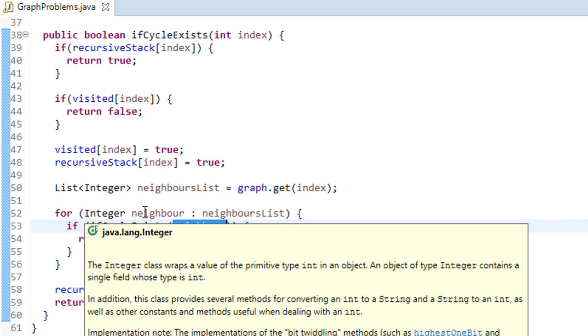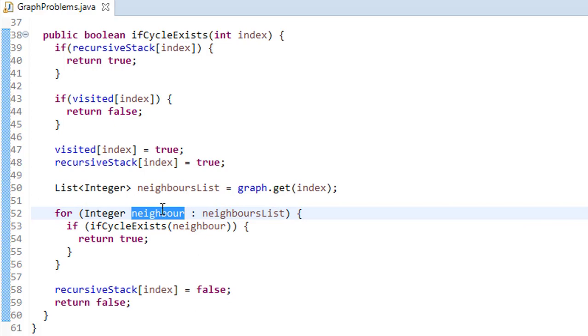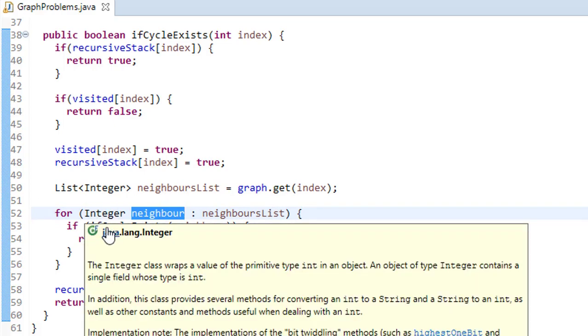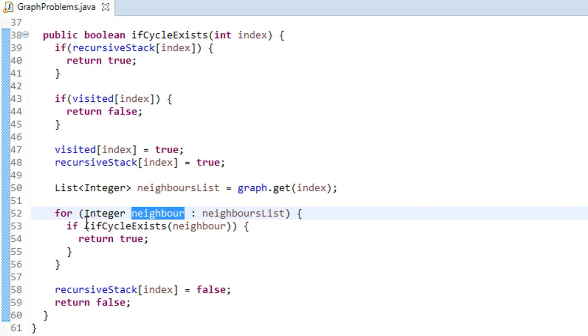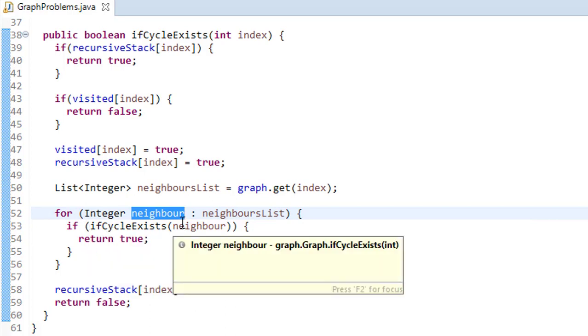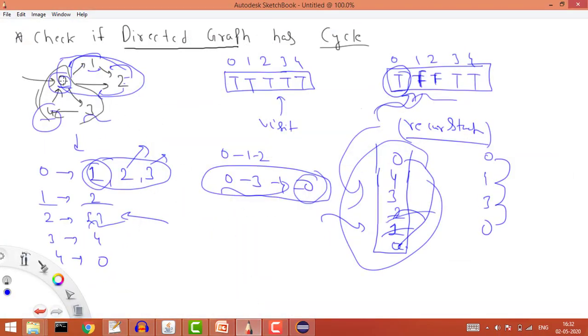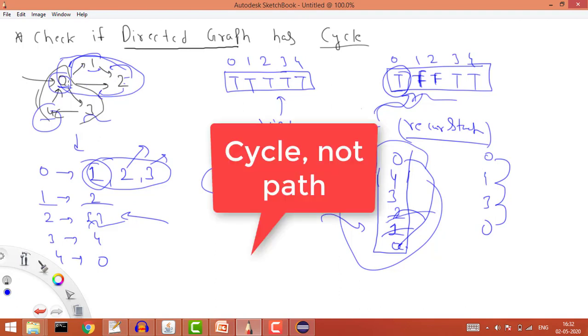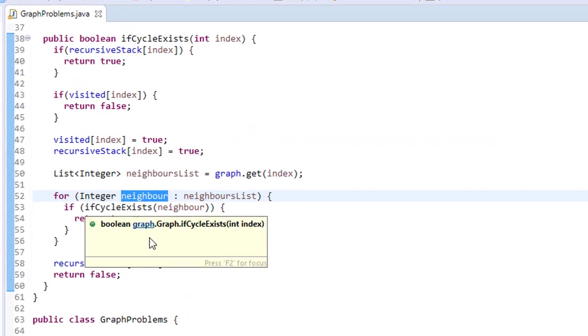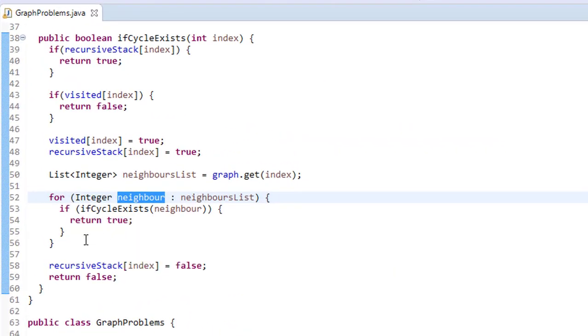So that is why first of all we are checking with the first path, with the first neighbor from 0 to 1. So if there is no cycle from the 0, 1, 2 path, then we are checking from the second neighbor, which is 0 to 2, right? Like this case. So when there was no path from 0, 1, 2, then we are checking from 0 to 2, and even if there was no path from 0 to 2, then we are checking from this path, right? So this is why we are checking for each neighbor.